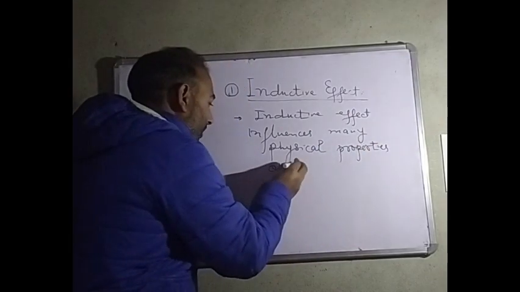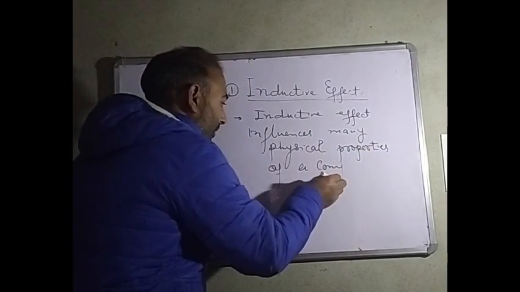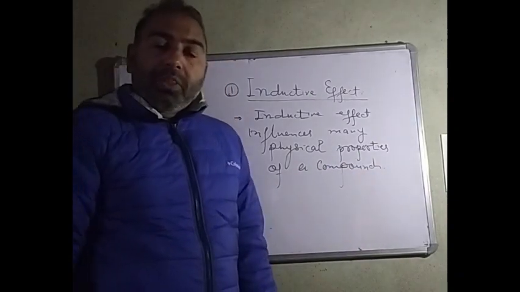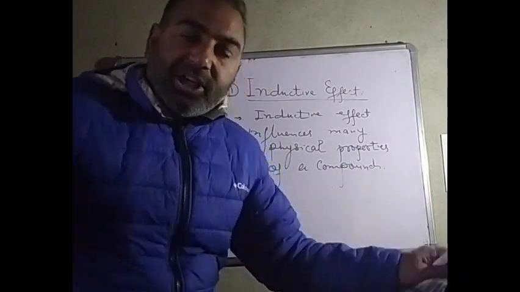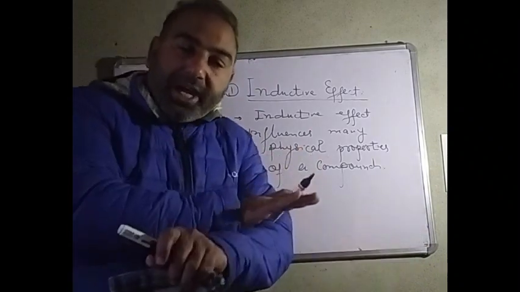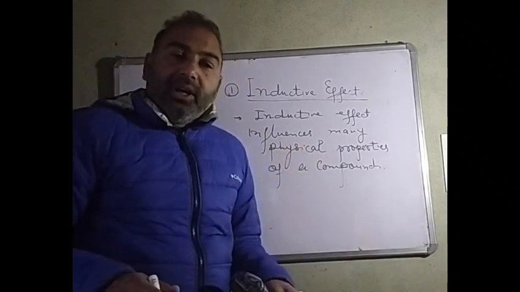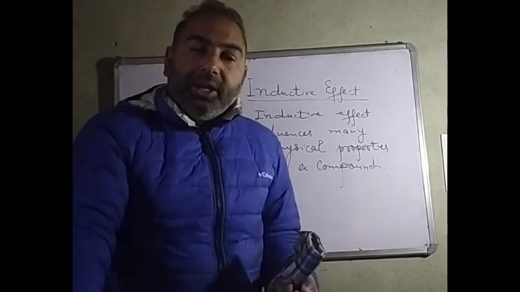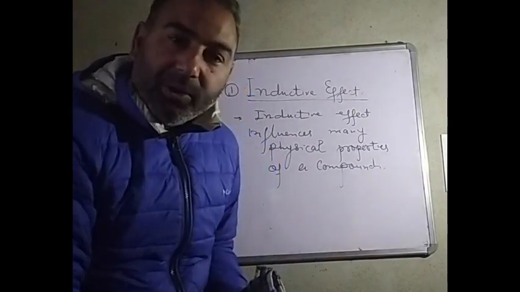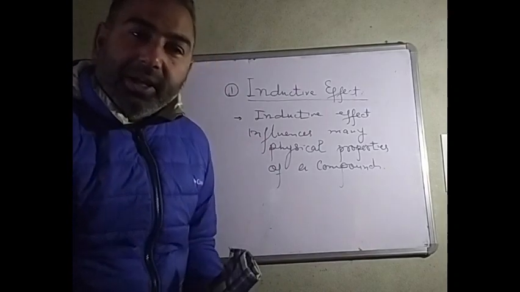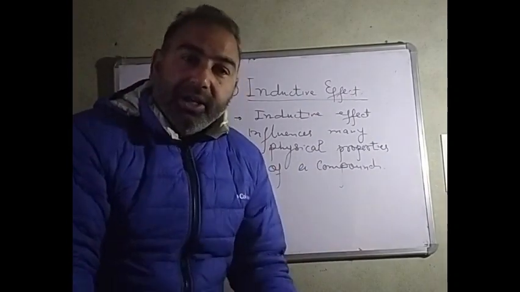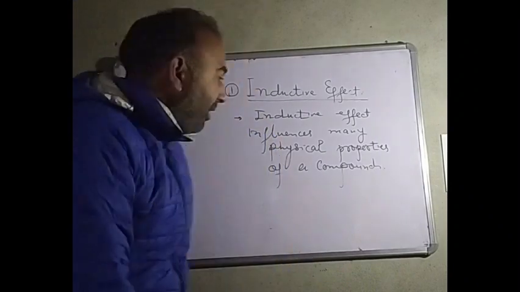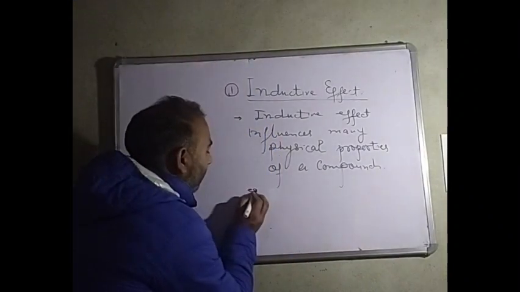Of a compound. For example, it creates polarity. It creates dipole moment. It affects melting point. It affects boiling point. It affects solubility. Okay? It affects reactivity. It affects acidity. It affects basicity. For example, here I will write